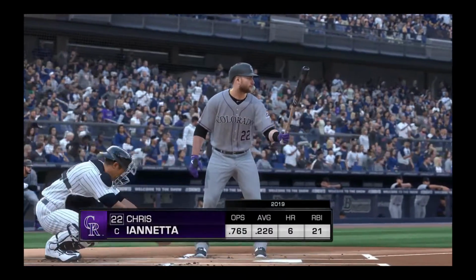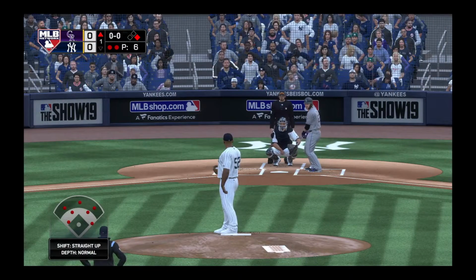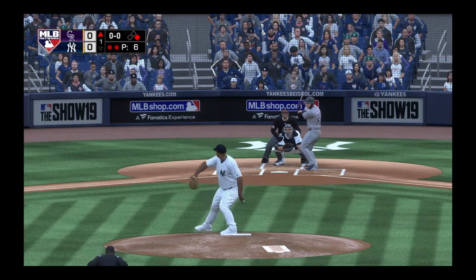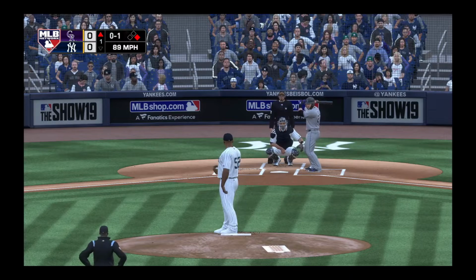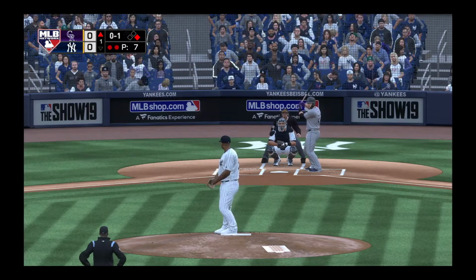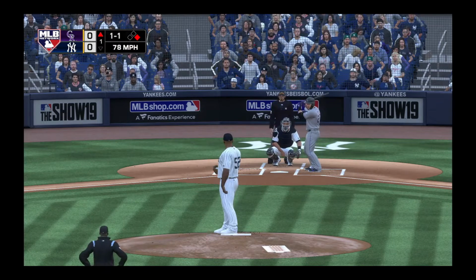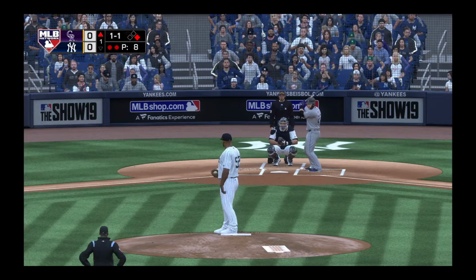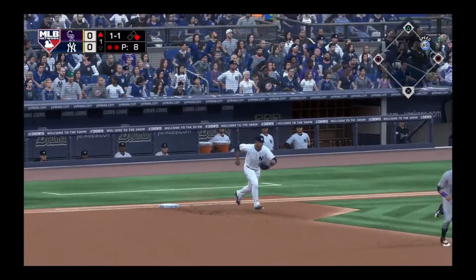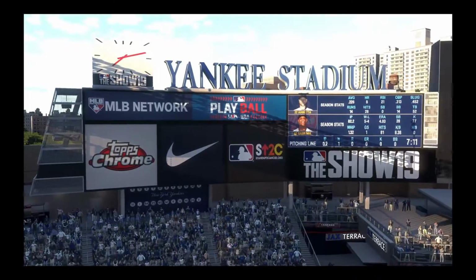Here's the catcher now, Chris Iannetta. He takes his first cuts in this one with a man at first and 2 away. Iannetta. Ready to deliver. Here's the first pitch. Inner third, let go. It's a called strike. Lays off the slider, and it's 1-1. Oh, and he breaks, and they've got him picked off. The tag, and they'll get him at second, and with that,